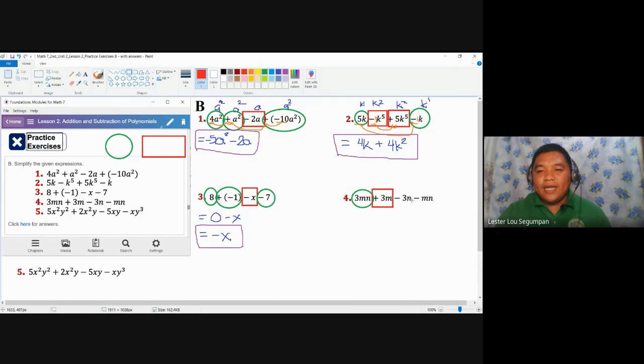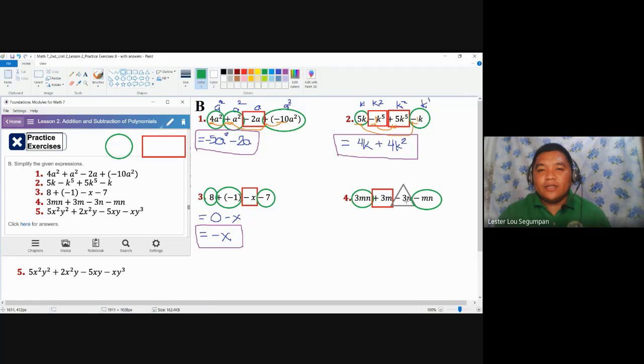Next is negative 3n. So it's unlike the first, so I cannot use here the colored green circular figure. But it's also unlike the second. So I will be using here another figure just for reference so that we will be guided with what to do. Let's use here triangle. And then for the remaining term, mn, it's similar to the first. So I could use here a circle. And then I can only combine those with similar figures, which are the first and the fourth terms only.